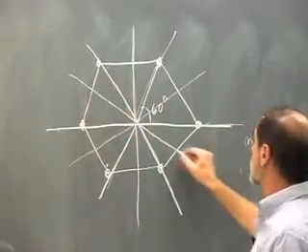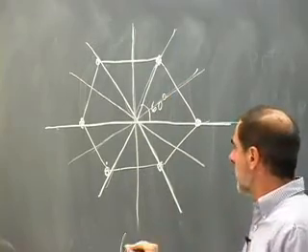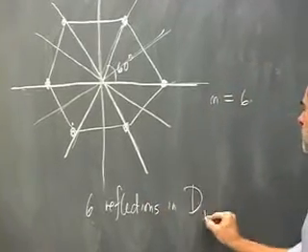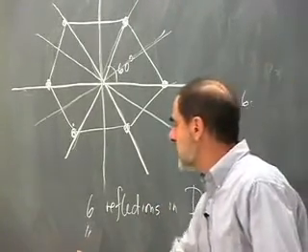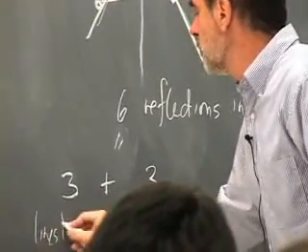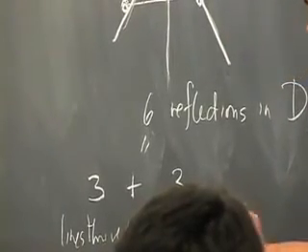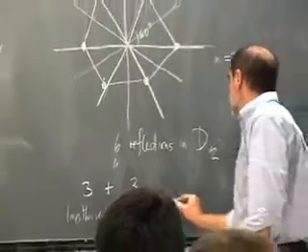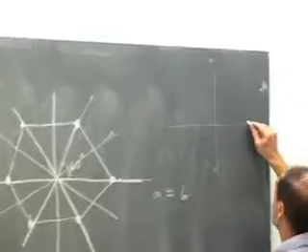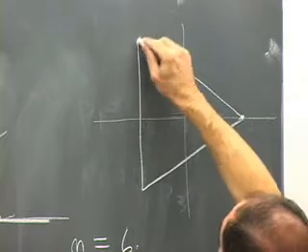And then there are the 3 that are through the perpendiculars of the opposite sides. And so the 6 reflections in the dihedral group of order 12 really are grouped as 3 plus 3, where these are lines through vertices, and these are lines through the sides. Whereas that happens for the hexagon, if instead we took the triangle, which would be the case of the dihedral group of order 6,